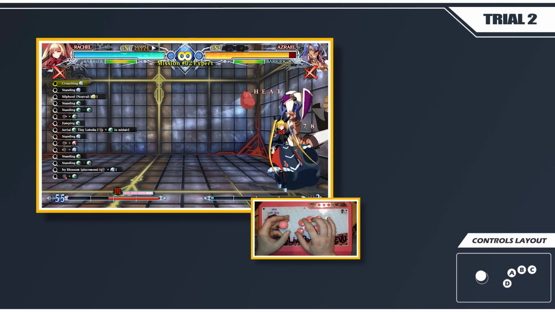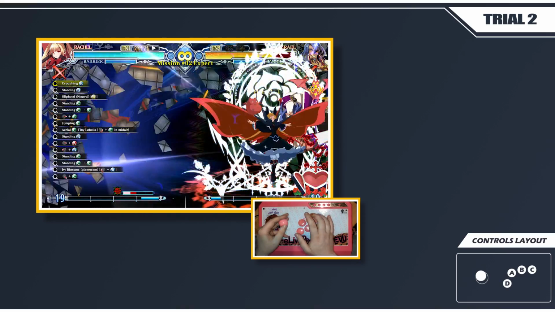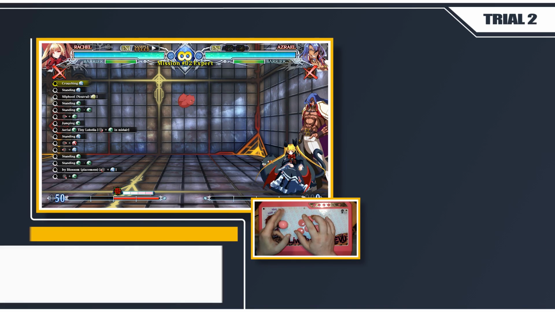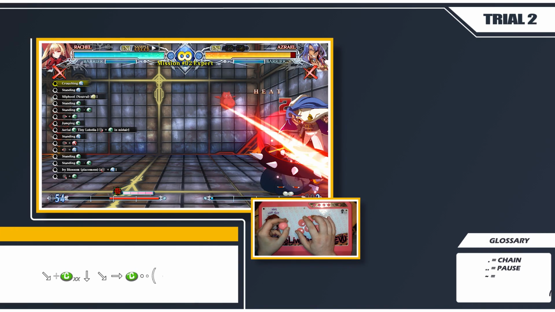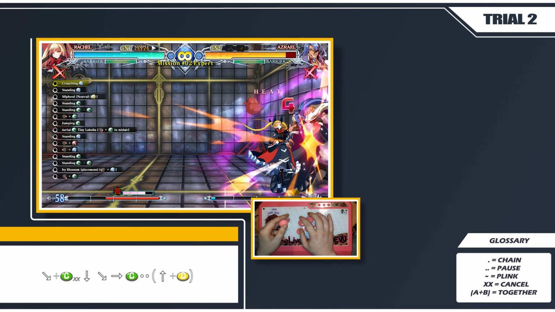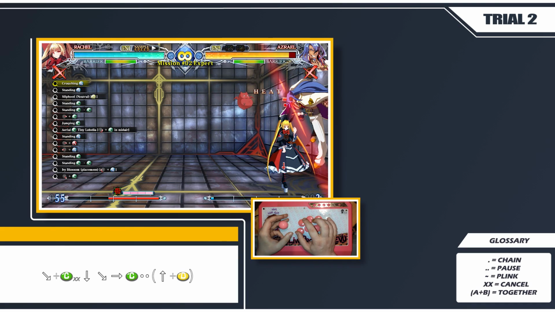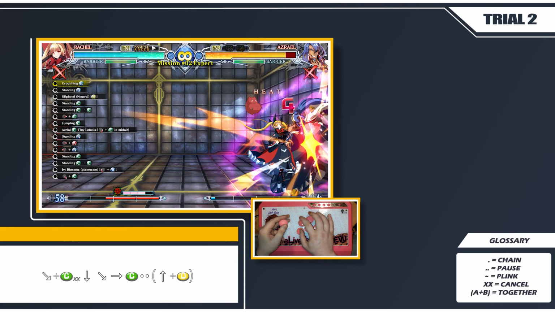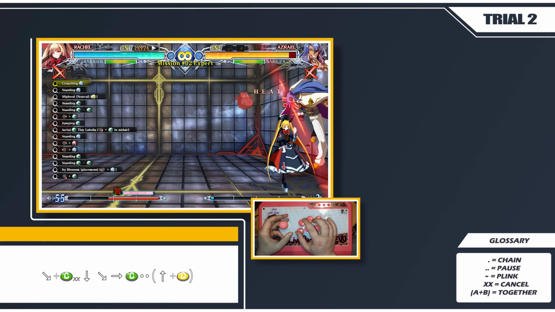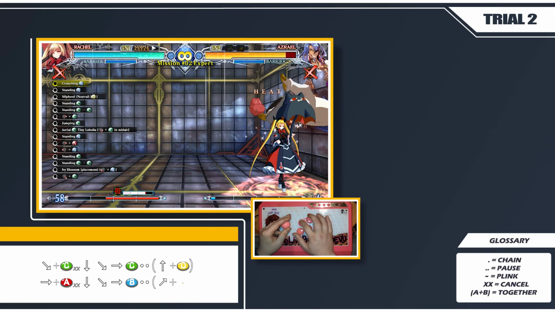Now the second part is easy as long as you know the exact timing to look for. So pay really close attention here. In the corner, we press down forward plus C. Make sure it hits 3 times and cancel into quarter circle forward C. And here's the key part. Take a big pause before you press up plus D. 1, 2, pause, 3. Now catch him with a forward plus A, quickly canceled into quarter circle forward B, and